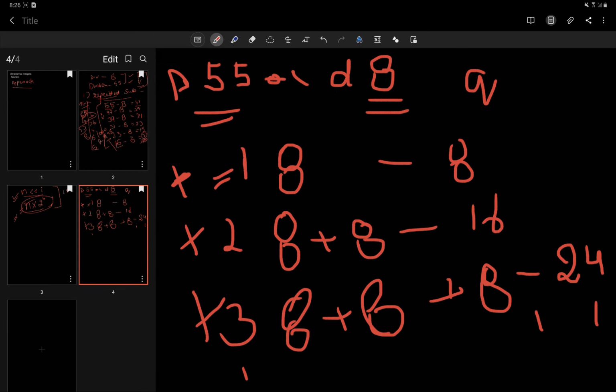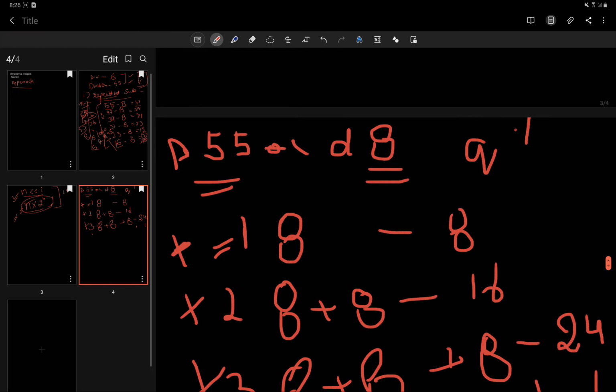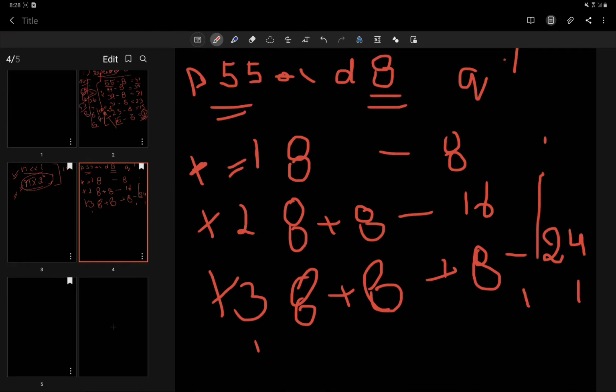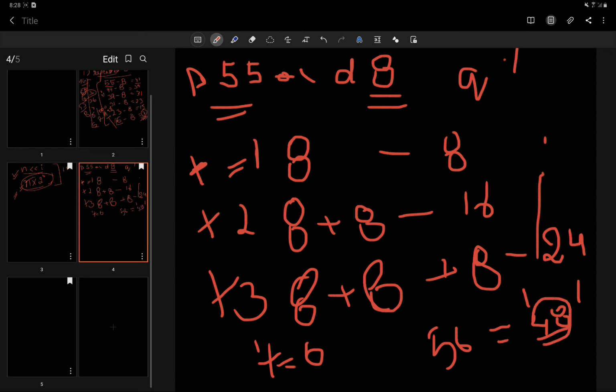Similarly, for t equal to 6, it will be 8 added 6 times, and the result is 48. If we add 8 again, the result will exceed the dividend and we will get 56, and the remainder will be 7 if we subtract 48 from 55.